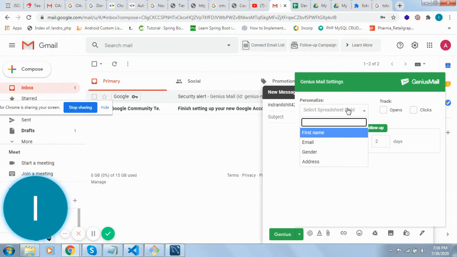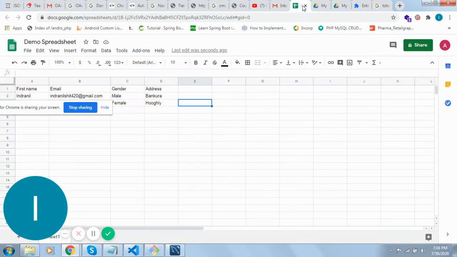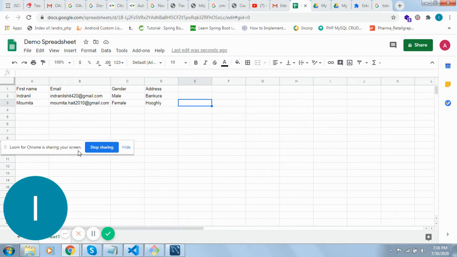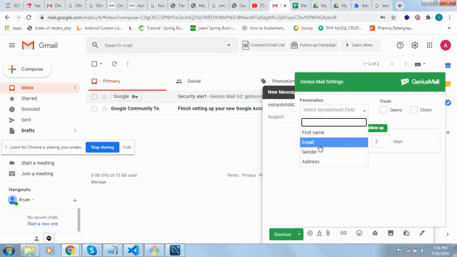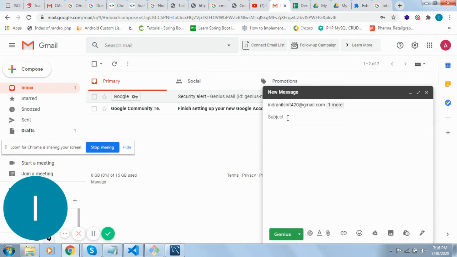See this personalized field here. You can easily merge your mail with this personalized field. These all are coming from the spreadsheet which we have just created. See, first name, email, gender and address all are coming.